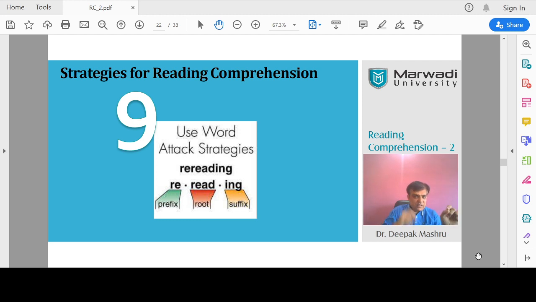for example, "reading" is given. Hypothetically, I don't know what it means, but I know "re" means again. That means whatever action has been said here, the author is talking about doing it again. So by understanding the root word "re", I understand it is advised to do the things again and again. In that way, root words will help you.